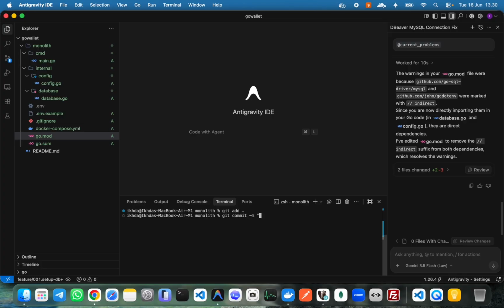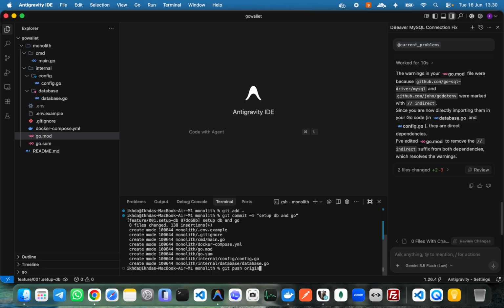and we add to GitHub, commit. This is the setup db, and git push origin feature/setup-db. Okay,